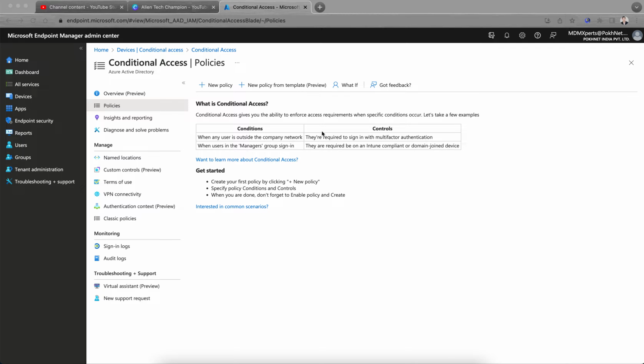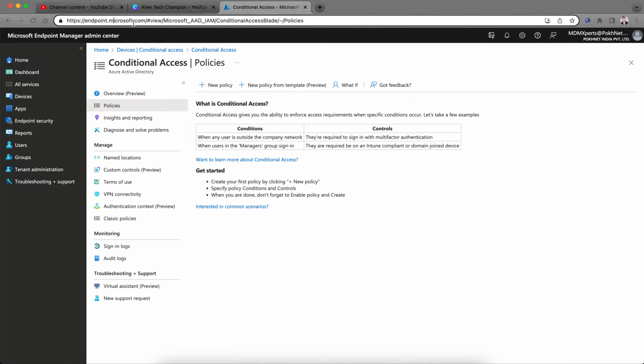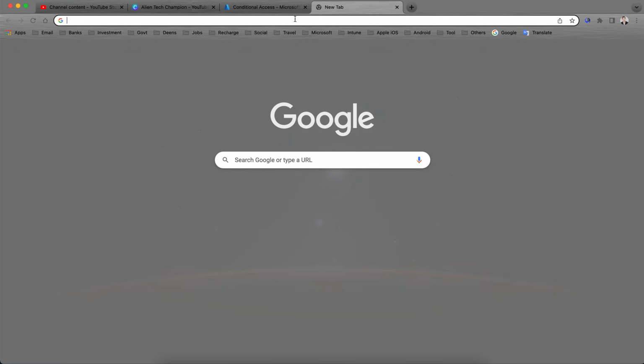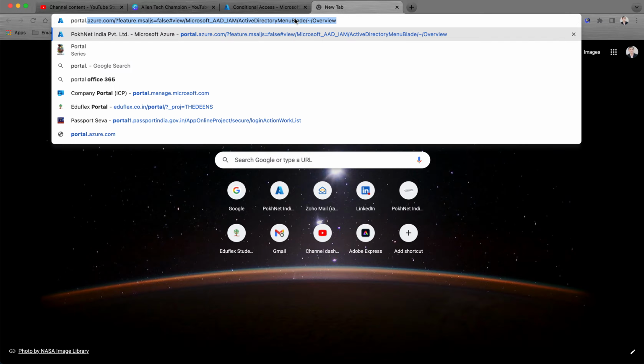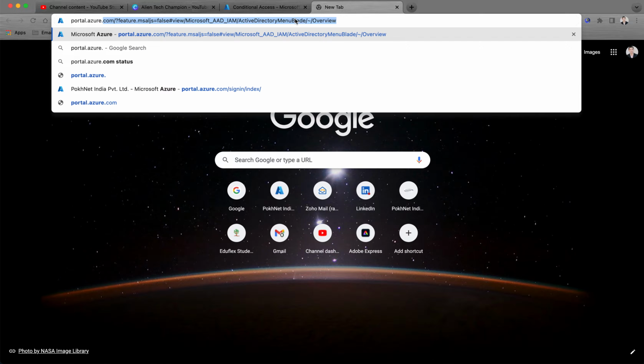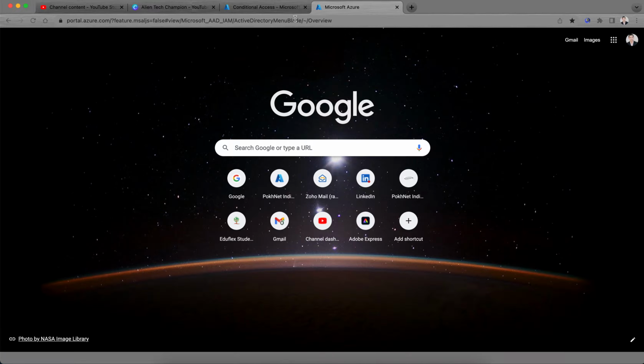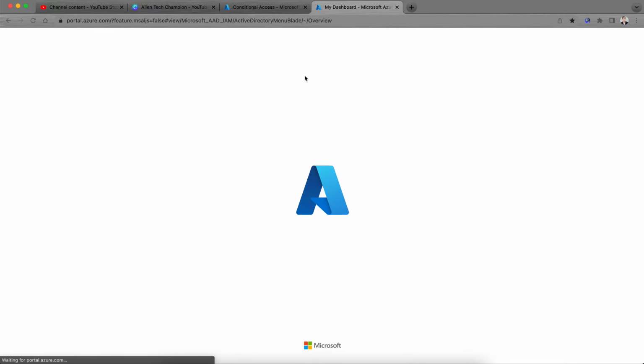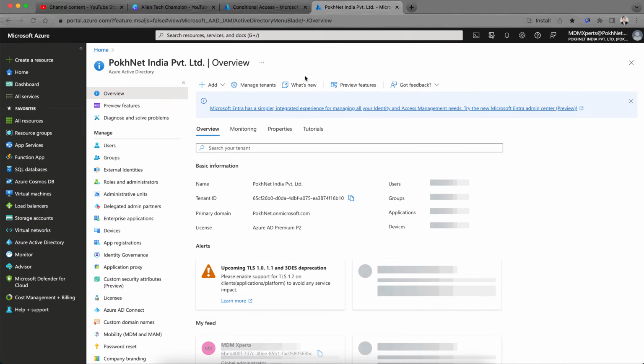So what you have to do, you have to open endpoint.microsoft.com, or you can open portal.azure.com. It's the same. I mean, you can open it either from the Azure portal or from the Microsoft Endpoint portal. So this is portal.azure.com. Here, if you click on Azure Active Directory, okay,